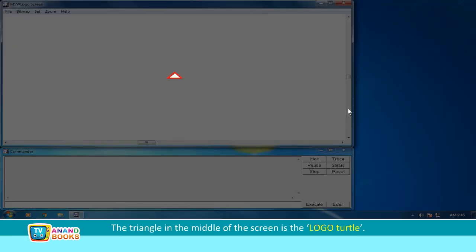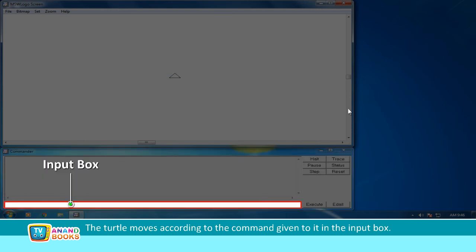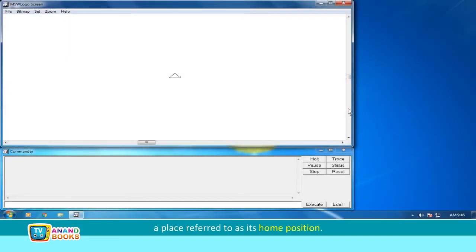The triangle in the middle of the screen is the Logo turtle. The Logo turtle shows the position from where we start drawing. The top of the turtle is its head and the bottom part is its tail. The turtle moves according to the command given to it in the input box. We can move it in any direction. Initially, when we start Logo, the turtle appears in the middle of the screen, a place referred to as its